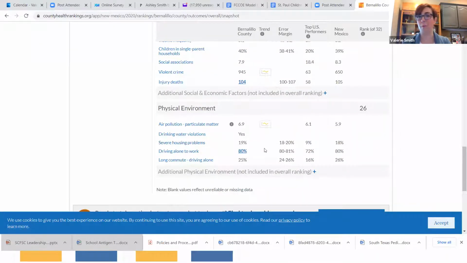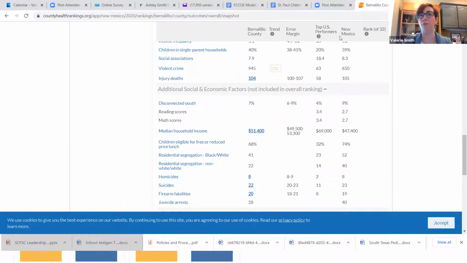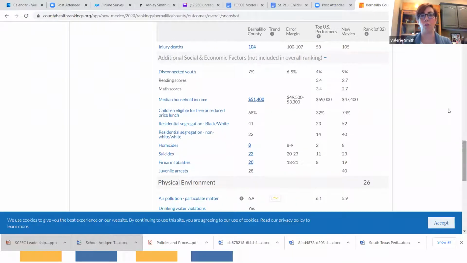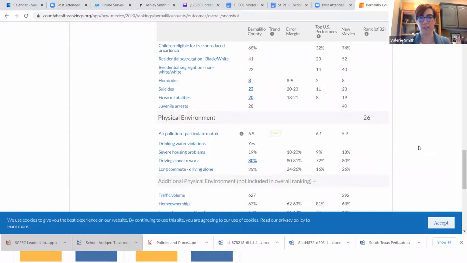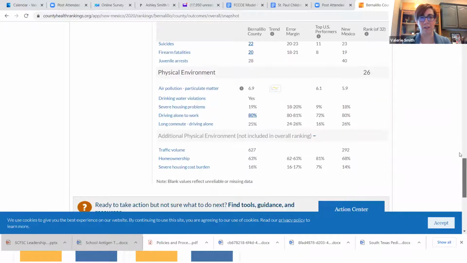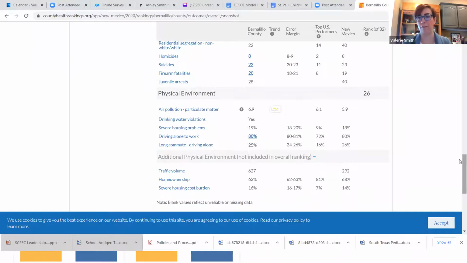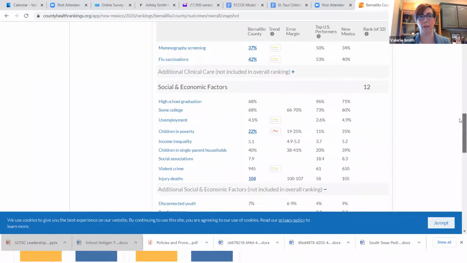There's information about the physical environment, like, do we have access to clean drinking water, or is that an issue in the area? Transportation, which is often a huge issue as people are thinking about food access, right? And during each of those, it'll have a few listed up at the top, but then you can go to a whole other set of even more detailed measures, things that tell you median household income, educational outcomes. There's a lot of injury prevention pieces. Here's where we find some of the other pieces about housing ownership and traffic volume, things like that, that really can play a role in food access.